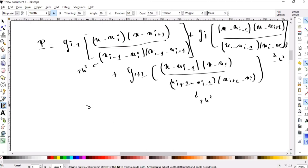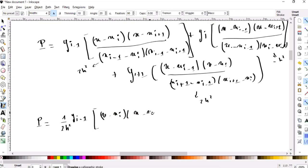Okay, so now I can express my polynomial. So it's 1 over 2h squared times yi minus 1 times x minus xi times x minus xi plus 1, plus yi divided by h squared times minus, x minus xi minus 1